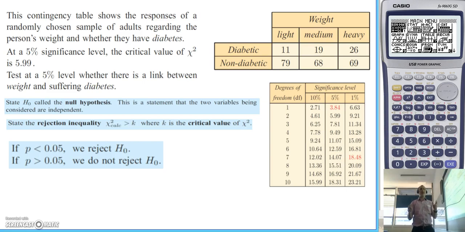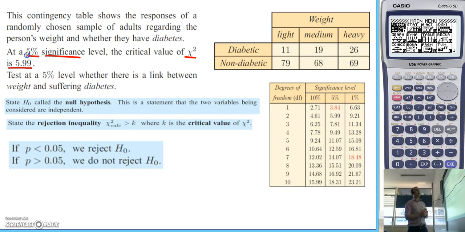In this video, we're looking at how we might use the chi-squared test. So we've got a table that shows the responses of a randomly chosen sample of adults regarding the person's weight and whether they have diabetes. We've got a 5% significance level. Remember, that will be given to you, and a critical value